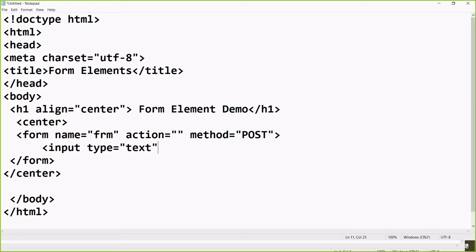I will go one by one again, for the others also. So input type text. For the type attribute, if the value is text, then in that text box you can take any kind of value: either a text value, or a numerical value, or a combination of both, which is called an alphanumerical value. That also you can accept. Got it? So that is called input type equal to text.